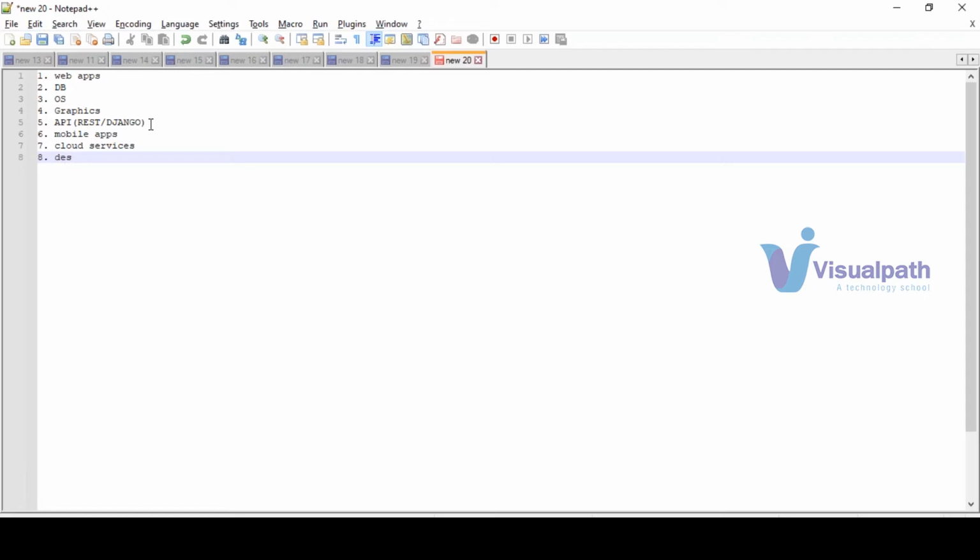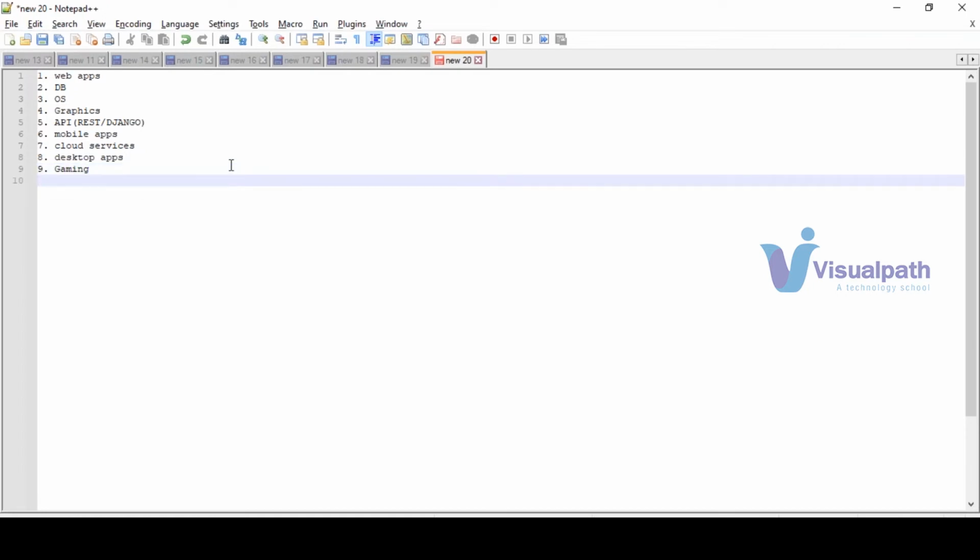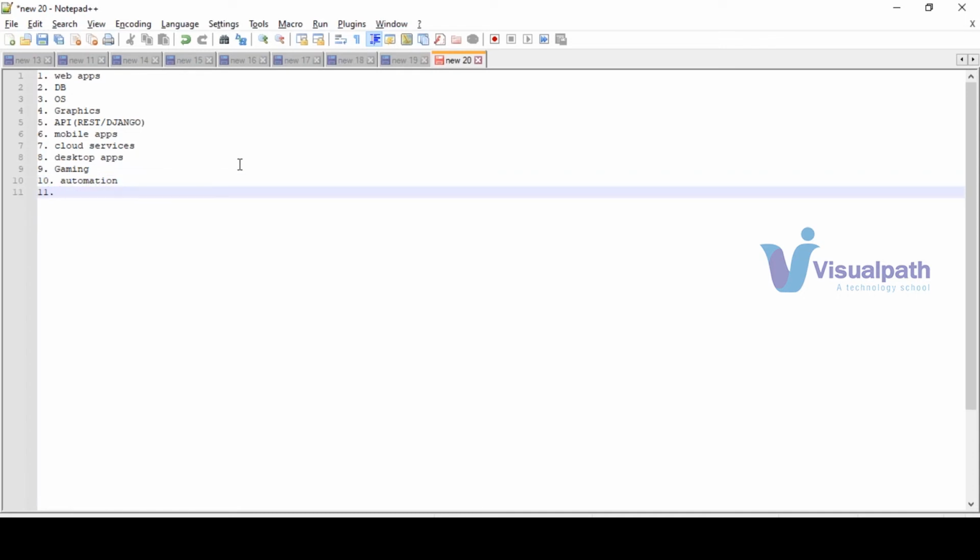So apart from these, we have some desktop applications. Okay, first let's list out all these things. Later we'll talk about these things. So you have written web applications, desktop applications, and now gaming, automation. You people heard about data science?